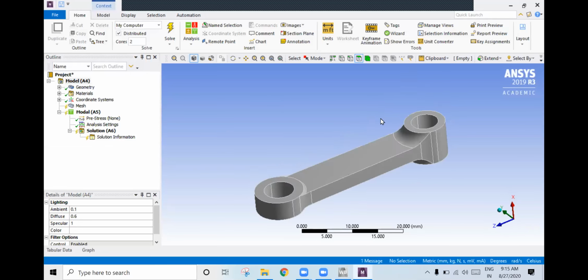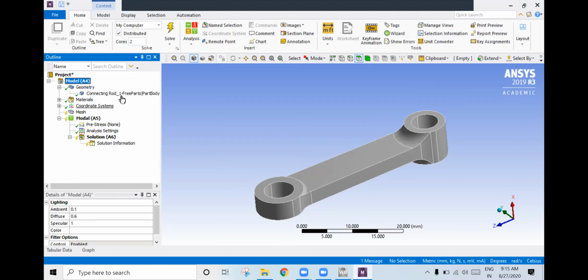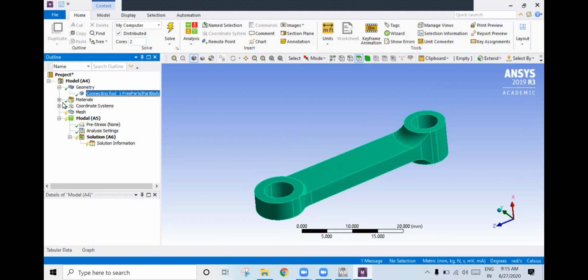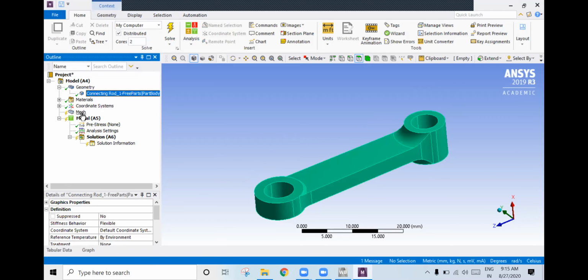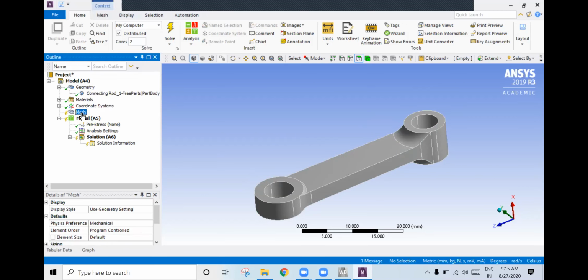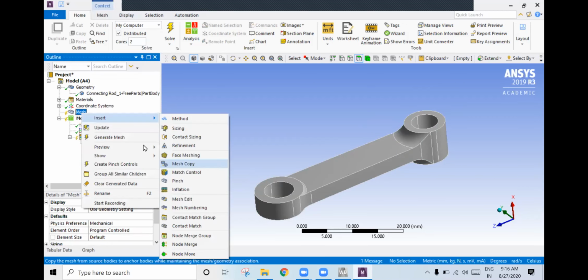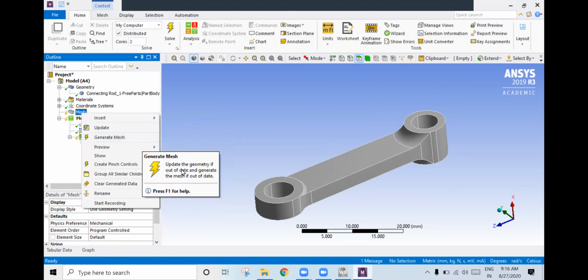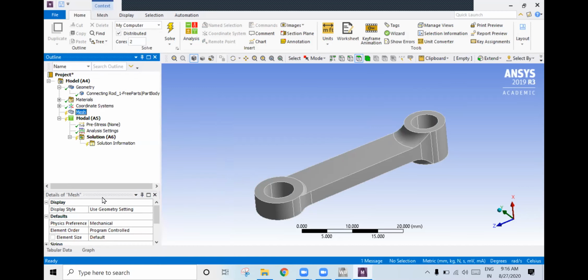Next, see here, everything is the same. Just select the type of material. Then go to meshing. Don't right click, just select the meshing. Here you have element size. I will give element size as yesterday.